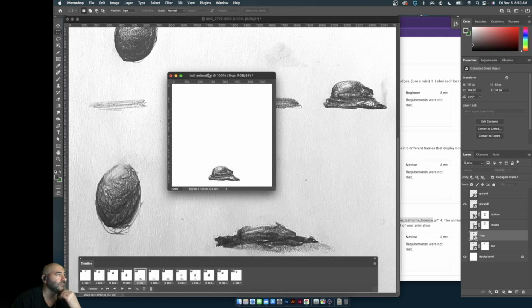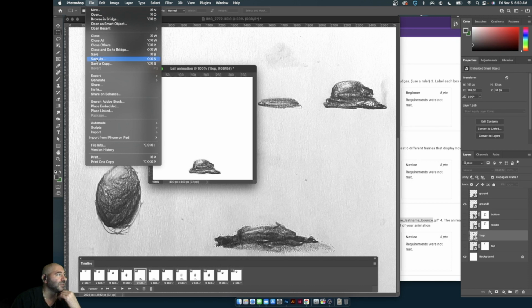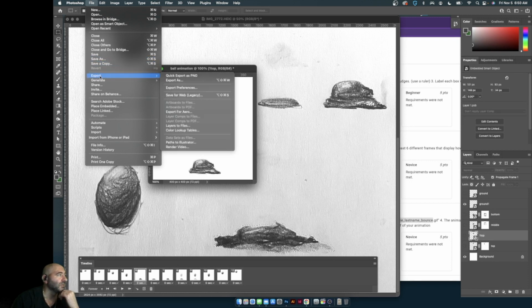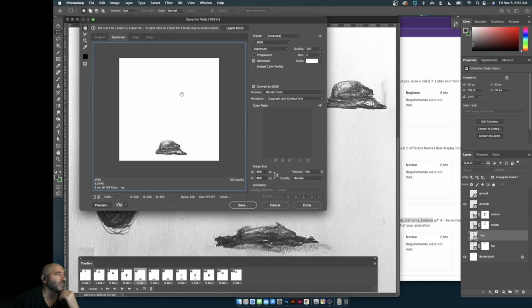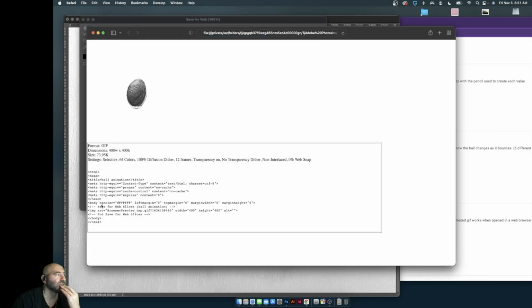So now what you want to do to save it is you want to export it, and you want to save it for web, you want to change your setting to GIF. All right, so once you change it to GIF, I would try to take a look at the preview of it. It's going to open it up into a web browser so you can see what it looks like. And then if it works there,